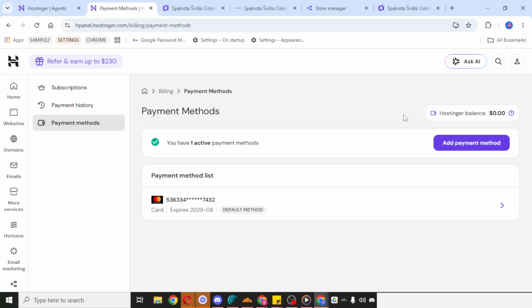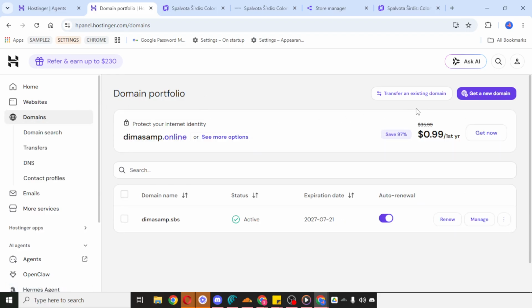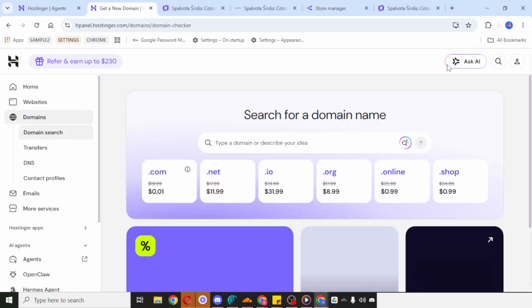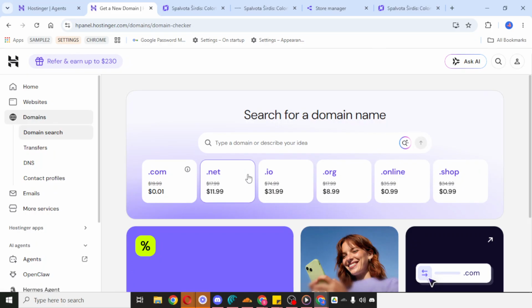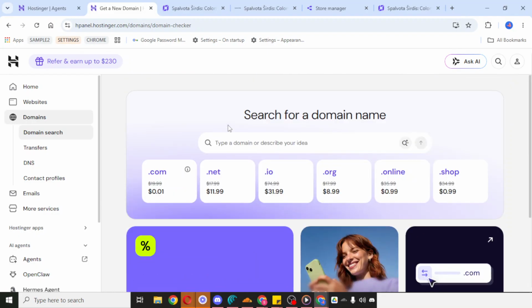For example, if you want to purchase a domain, you can simply browse to the product you want and add it to your cart. The same idea applies if you're buying hosting plans or other services. Just choose what you need, place it in the cart, and continue to check out using the payment method you already set up. One helpful tip is to set up your payment method before you begin shopping, especially if you're planning to buy quickly or compare different plans. That way the checkout process is smoother and you won't need to stop in the middle to enter payment details.